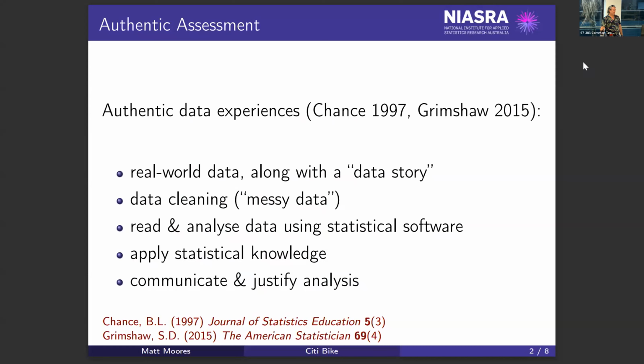Statistics subject here in Wollongong. We basically run the same assessment since we created this subject in 2018. But each year we run it using the current year's data, so that students who've done the subject in the previous year still have to do the assignment again with the new data. So it can be quite rare